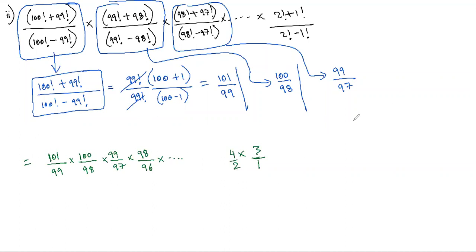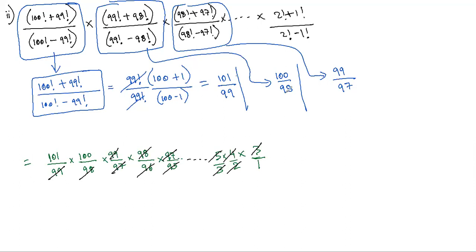Now if you observe carefully, you'll see that this 99 will cancel out with this 99. This 98 will cancel out with this 98. If you write some more terms, you'll understand. Next term will be 97 by 95. So this 97 will cancel out with this 97. This 96 will be cancelled out with some 96 which will come later. Like that, each and every term in the entire sequence will be cancelled out. So what is the term which comes before 4 by 2? It will be 5 by 3, out of which the 5 will be cancelled out sometime before, and this 3 will be cancelled out with this. So ultimately, what are we left with?